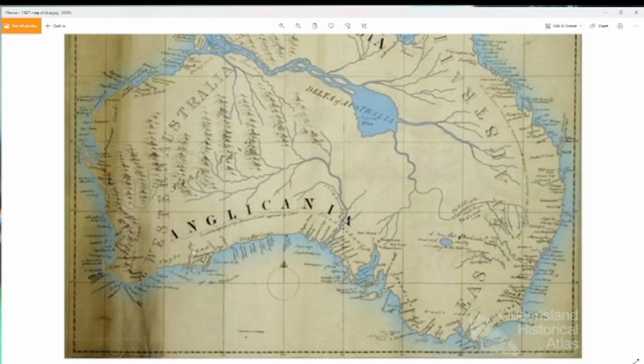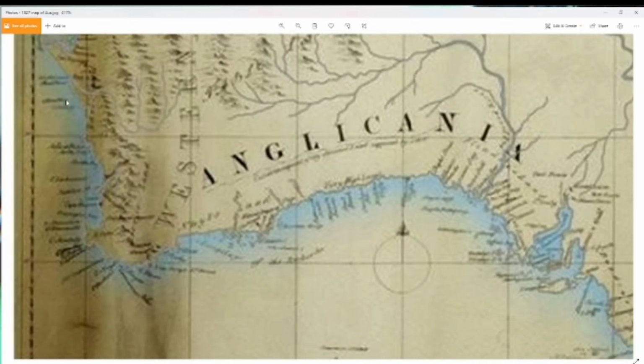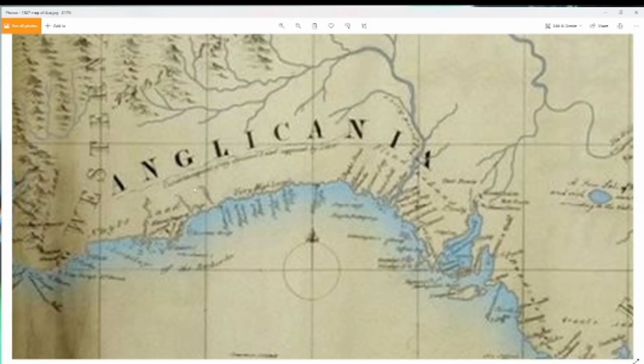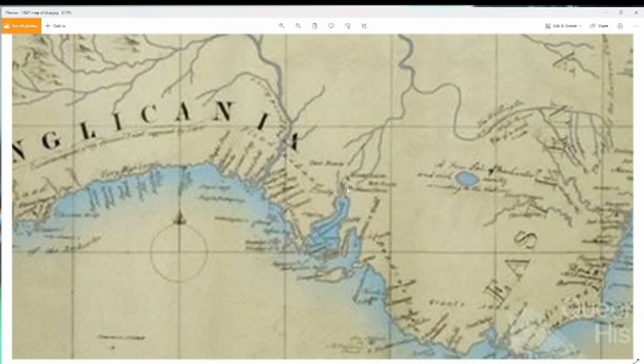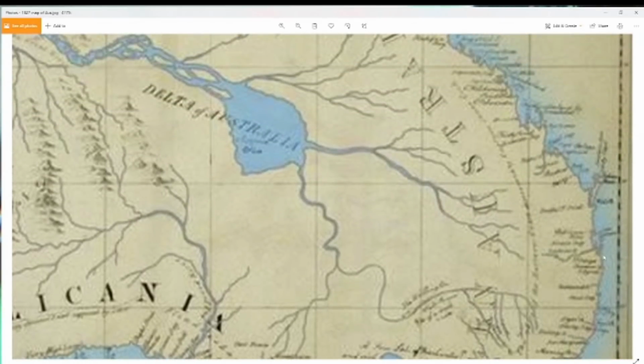And the other thing we have is towns everywhere. Now, in Australia, especially Western Australia, there's not that many towns up and down here today, let alone in 1827, and the same across the Nullarbor here. There's towns in strange places, and for 1827, there's a lot